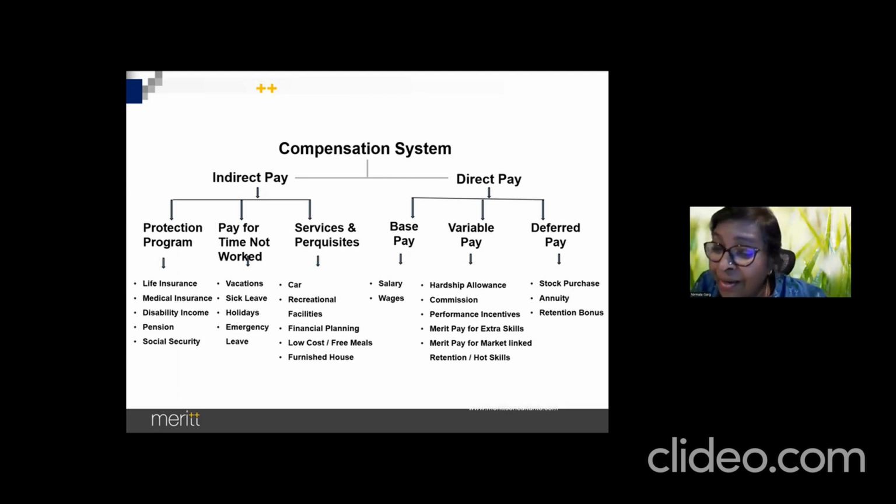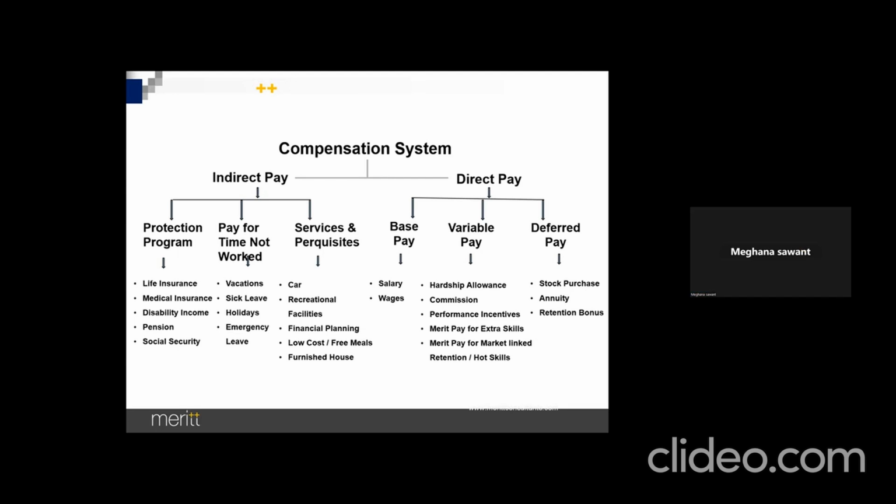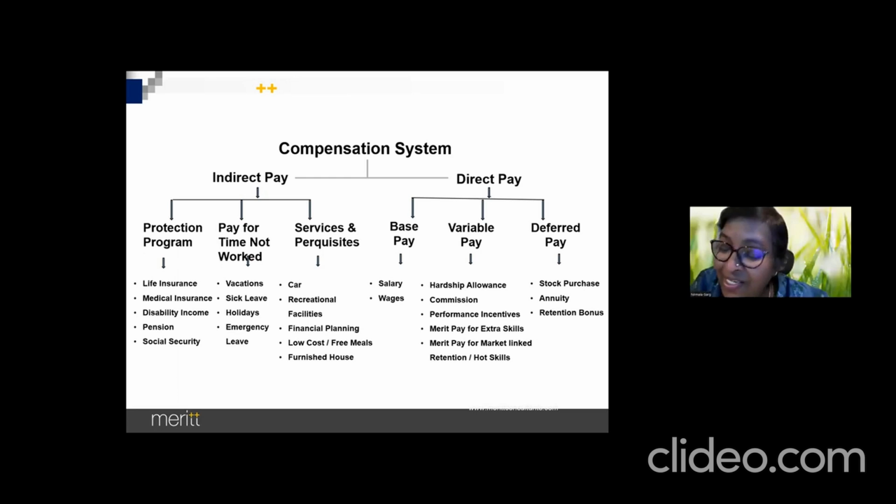Now, what about stocks? Why do you offer stocks? Is it different from ESOPs? We will talk about ESOPs in the fourth session, but here I'm just wanting to mention them. Why do you offer them? Because you want him to stay on, and there's a vesting period when you offer that letter.